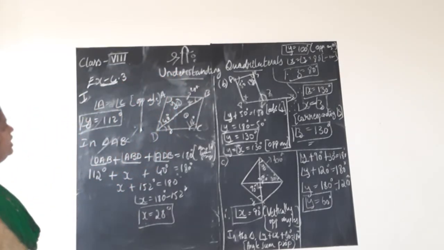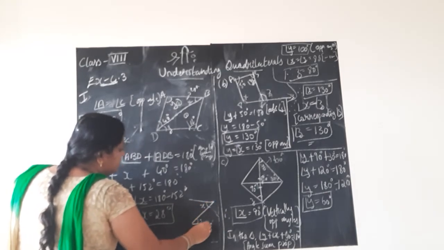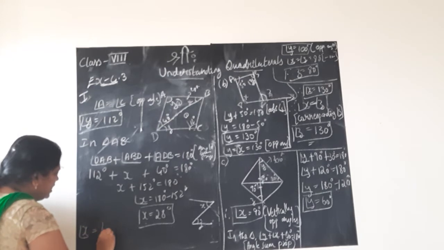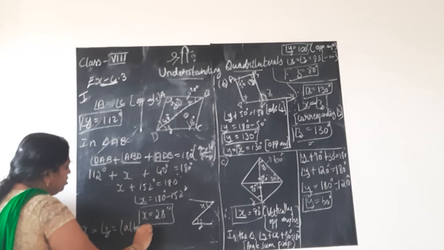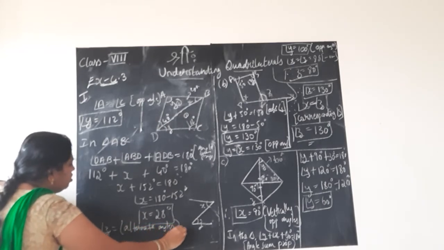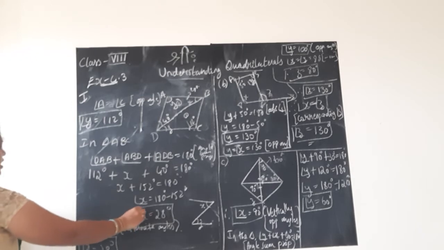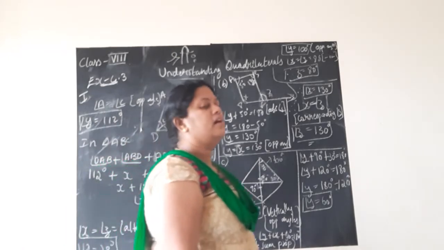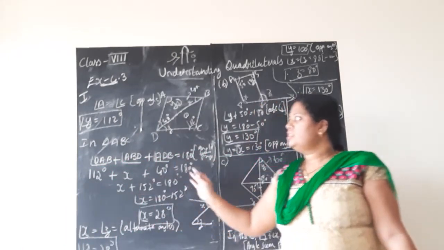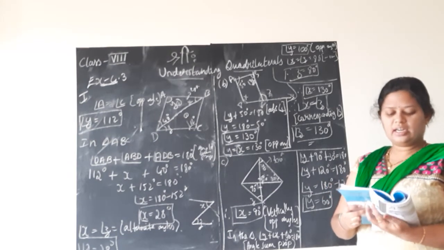Now angle X and angle Z, they are like this. Here is the angle X, this is angle X, this is angle Z. Angle X is equal to angle Z. Why? They are Z-shaped angles, means are they not alternate angles, children? So they are alternate angles, means angle Z is also equal to 28 degree. Angle X 28 degree, angle Z 28 degree, angle Y is 112 degree. Like this you should find out. So this completes the second main, children. Like this you should know the property and then apply.